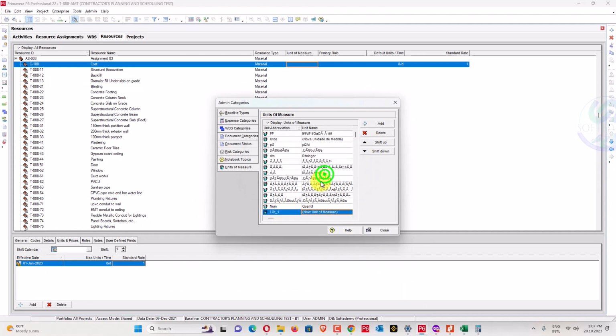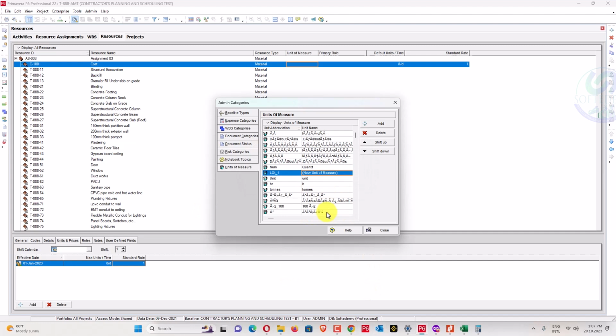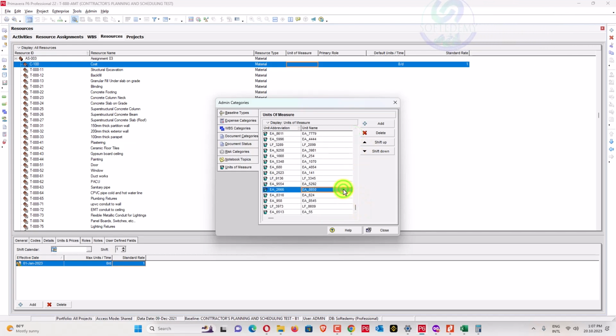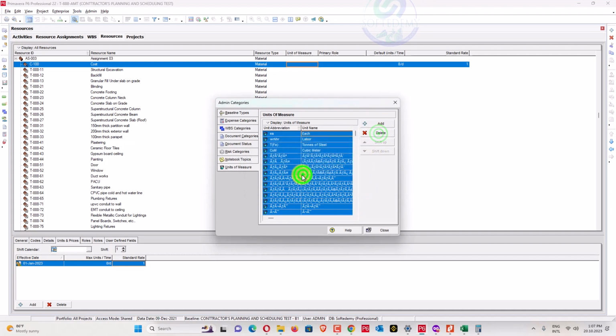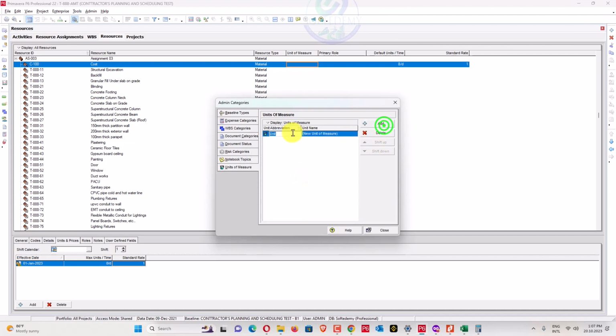Okay, abbreviation must be unique. A lot have been created already. Okay, so I think so. Is this one already created or not? Delete this one. Okay, create lot